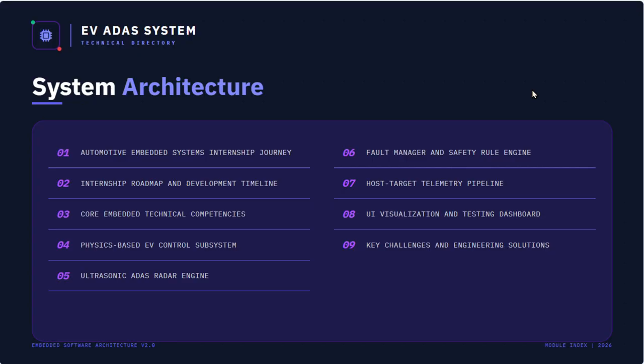System architecture. In the system architecture, an automotive embedded system internship journey. To kick off my intensive journey, this slide highlights the core foundation and integration of the project. The technology was built on the ARM Cortex-M3 architecture using an STM32 Blue Pill microcontroller because we were working in a simulated